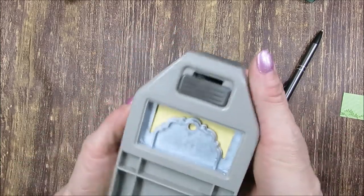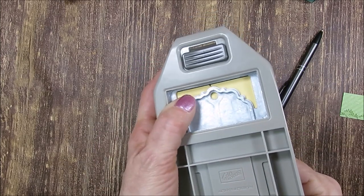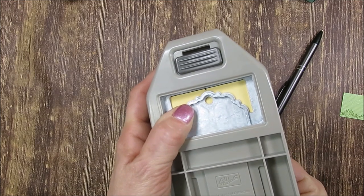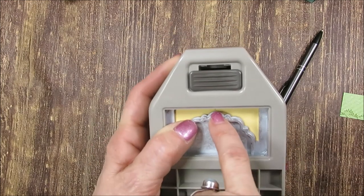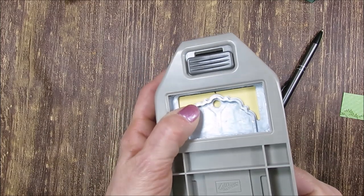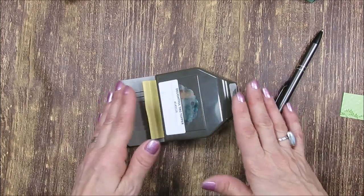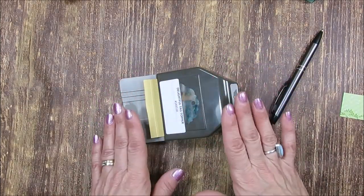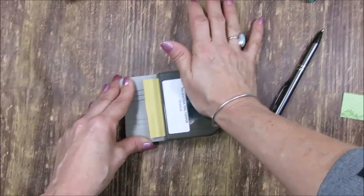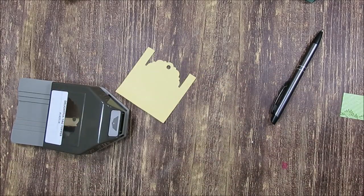Before you punch though, this was pure luck, right in the middle. I mean, I can move it maybe a tiny little bit. That was just pure luck. So you want to look in the back where you made your mark to make sure it's in the center. Now when it's in the center, those punches are designed to punch flat. So it's better if you leave it flat on the table, not in your hand, because you can pinch yourself. Just punch. Et voila. So from there,